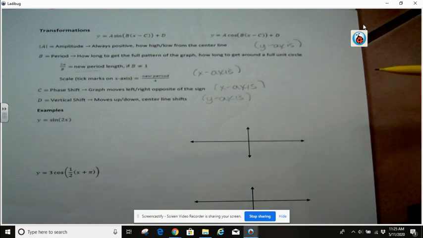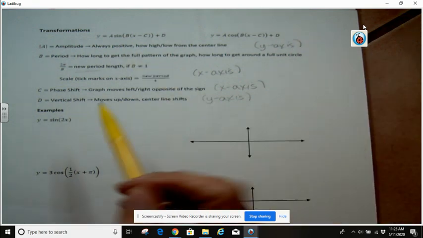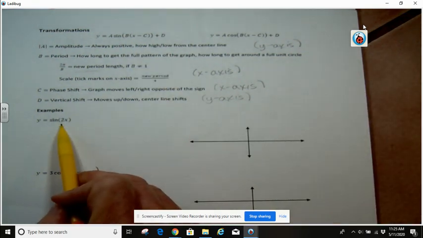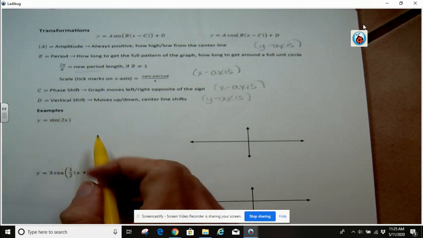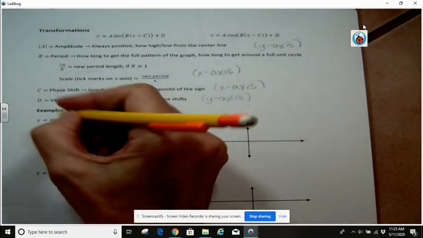Okay, so we're going to start out with something really simple. The only change we have here is a b value of 2. A lot of times the most complicated part of graphing with transformations for sine and cosine is that b change, so we want to start out with that. That is going to change the period, which is normally 2 pi for a sine graph. So what we do when b equals 2,